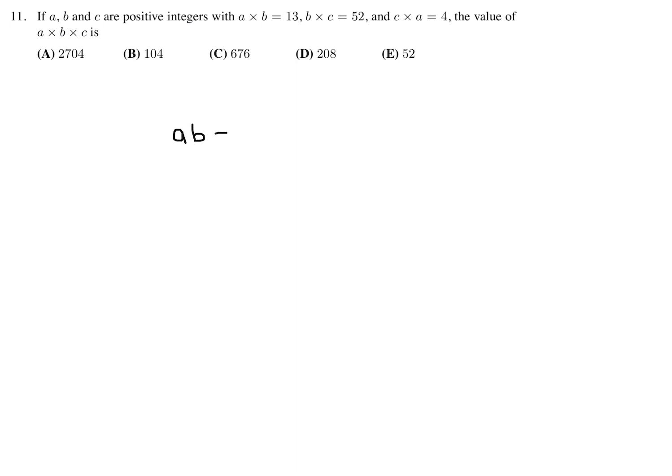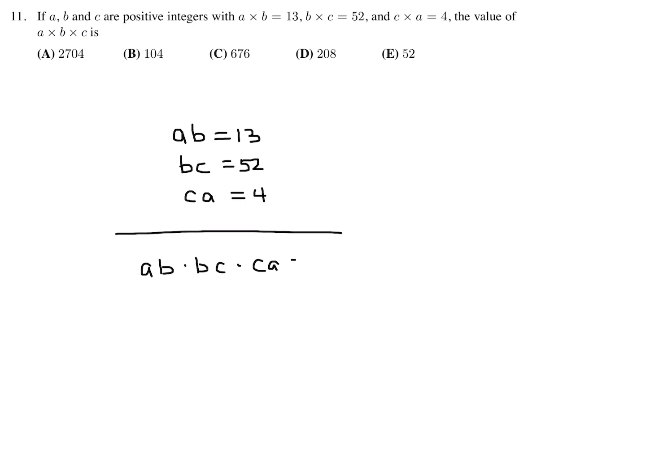ab is 13, bc is 52, and ca is 4. Now, if you multiply all of these, you get ab times bc times ca, and that is going to be equal to 13 times 52 times 4. Correct? Now, if I combine the like terms, it's a squared, b squared, and c squared. And the right side